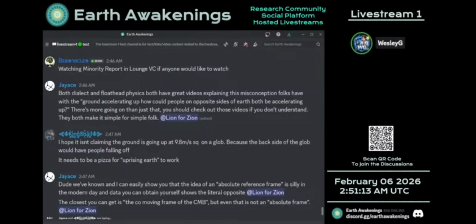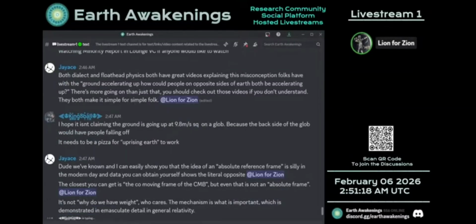Where does acceleration come from? Why F equals ma? That's the age-old question. But why would I think that the Earth is accelerating upwards in all directions? We didn't say it's accelerating in all directions. Where I'm standing, it's accelerating upward. We can prove that because force equals mass times acceleration. Until you figure out a different reason where that acceleration is coming from, Einstein is shown to be correct.